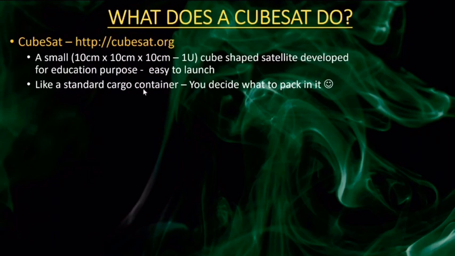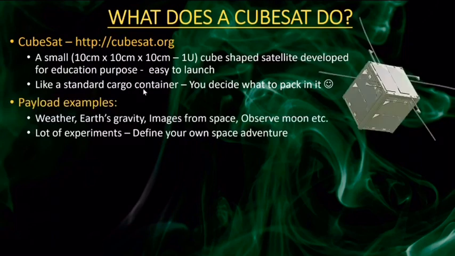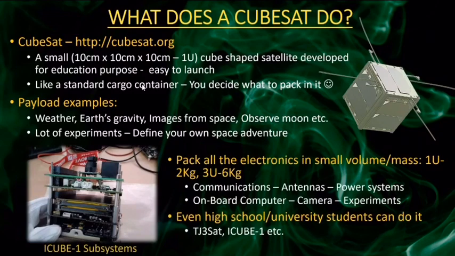So it's like a standard cargo container, and it is up to the student what to pack in it. It may be a camera to take images of the Earth, or some sensors to measure the Earth's gravity, radiation, and any other scientific stuff. In short, a lot of experimentation can be performed using CubeSats, and